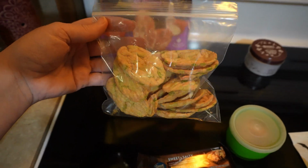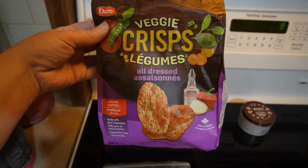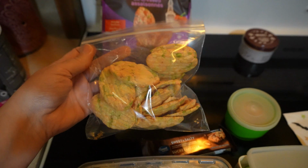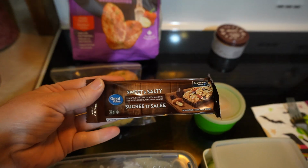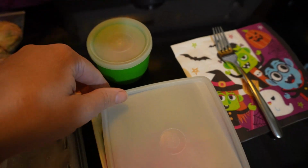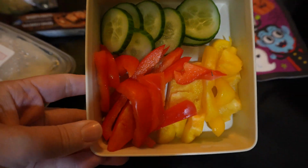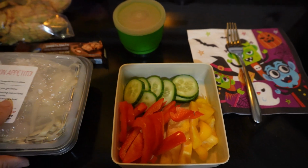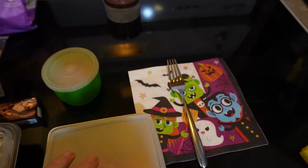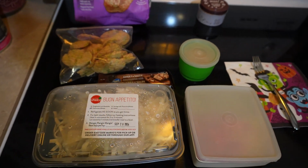I'm also sending him with some of these veggie crisps. They're the all-dressed ones. These are actually really good. So here's a bag of those. I'm sending him with a sweet and salty granola bar, a clementine, and in this container he has some veggies, cucumbers, and red and yellow peppers. That's going to be his lunch for tomorrow. I'll send him with a fork and I'll stick some hot sauce in the fridge, and that's going to be